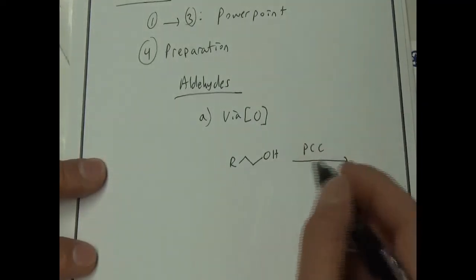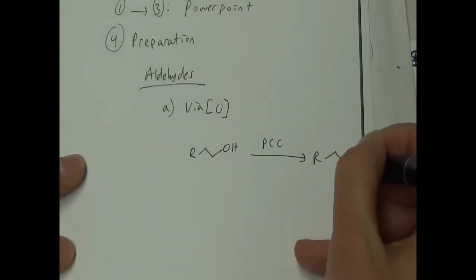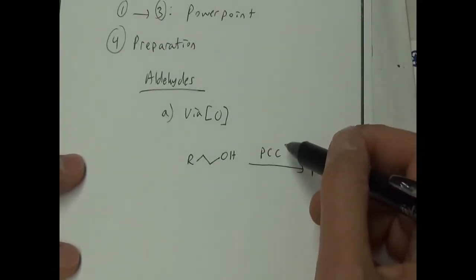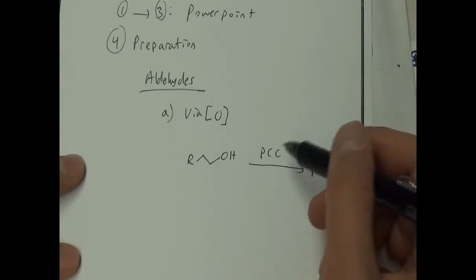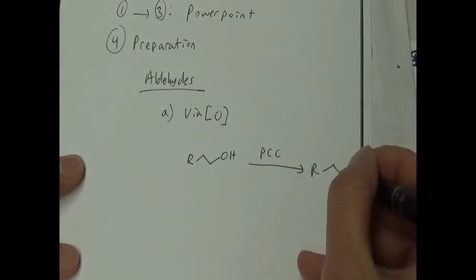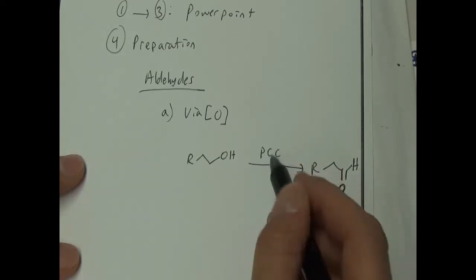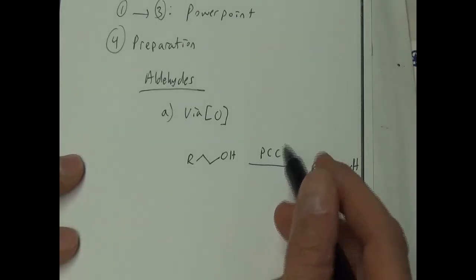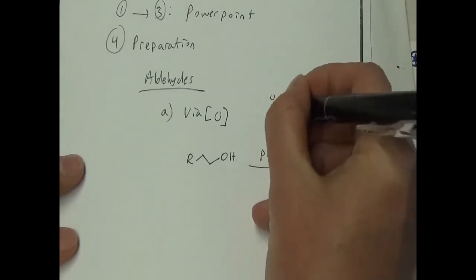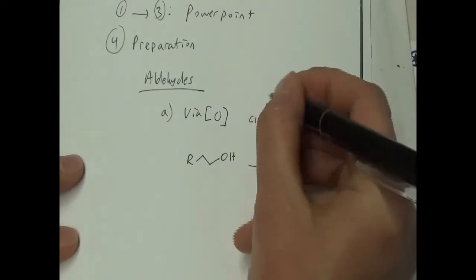Okay, so R, CH2, OH, to an aldehyde, right? Remember that the reagent that you would use is PCC, and all of these oxidizing agents that we learn in organic chemistry are based on chromium for OHs. So PCC is a chromium-based reagent, and I'll review the structure of it. It's Cr, double bond O, Cl, O minus.